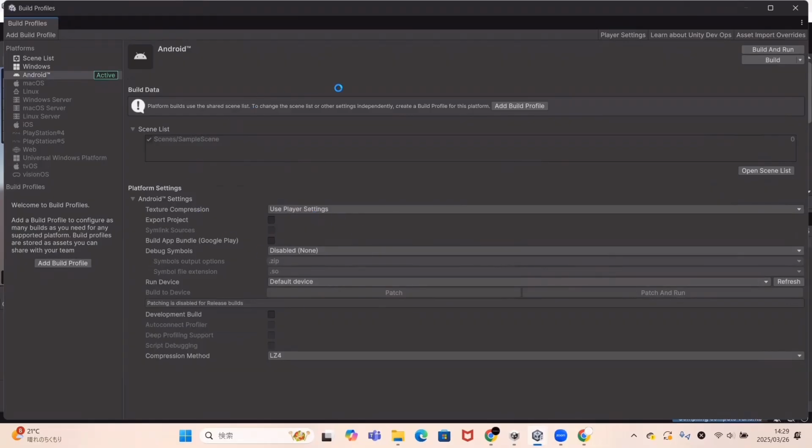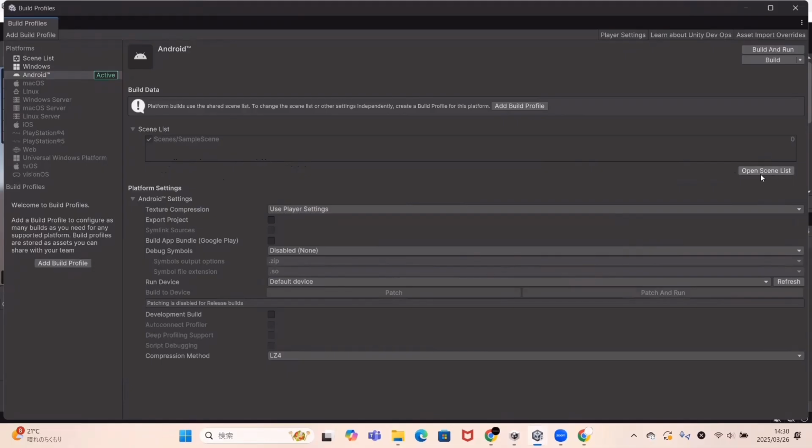Okay, with this, we have successfully changed the platform using switch platform. If it looks like this, you're okay. Now, currently in the scene list section, only the sample scene is present. So we want to add the game scene we created, which is currently open. If you don't add scenes here, it can cause issues like errors during screen transitions or when performing some kind of build. It becomes the cause of problems, so please make sure to add all scenes used in your game